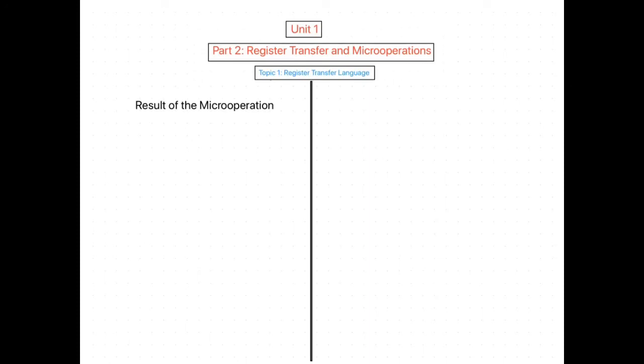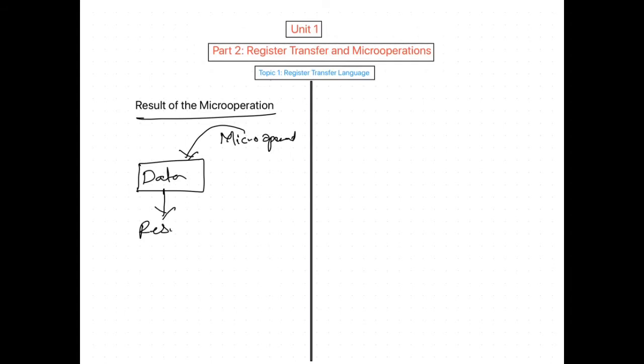Now, the result of the operation. Where will the result be stored? Once the elementary operation, the micro operation, has been performed on the data in the register, we will get a result out. This result will be stored in another register.